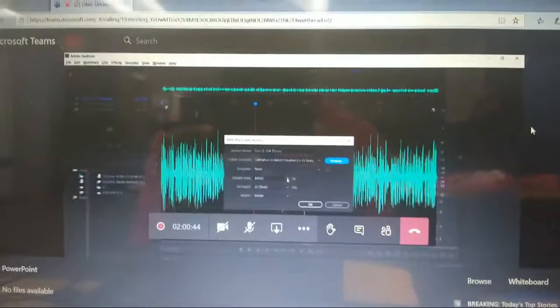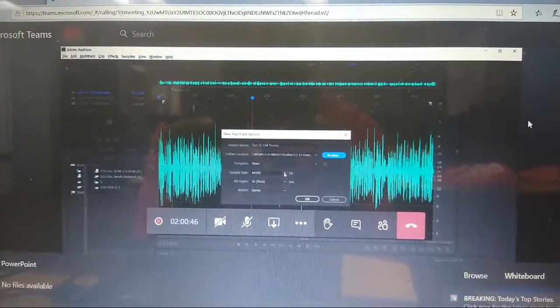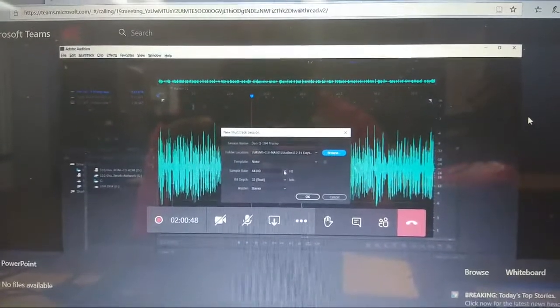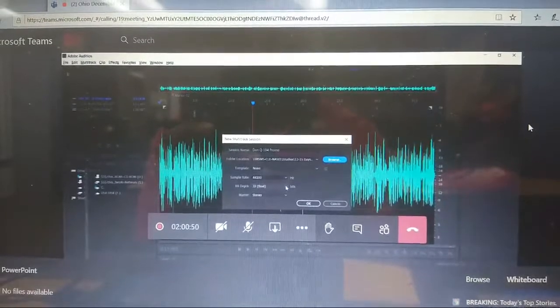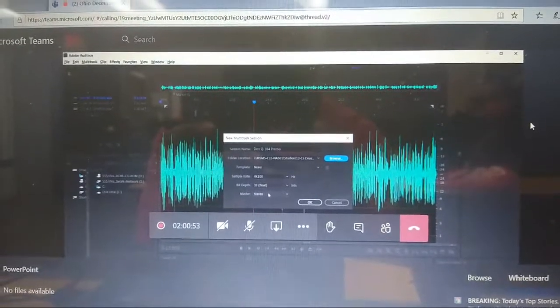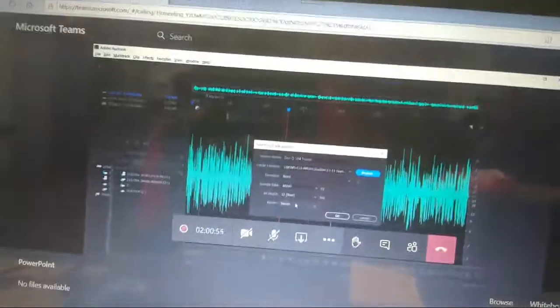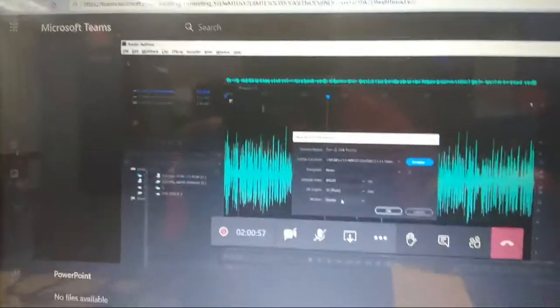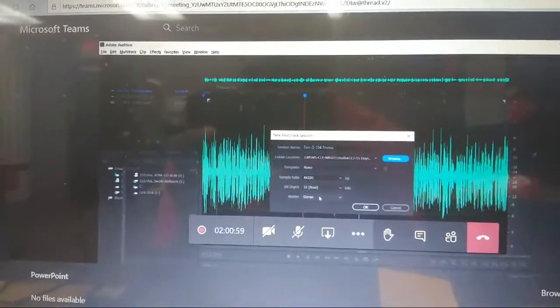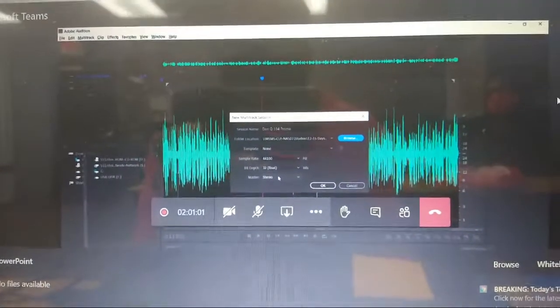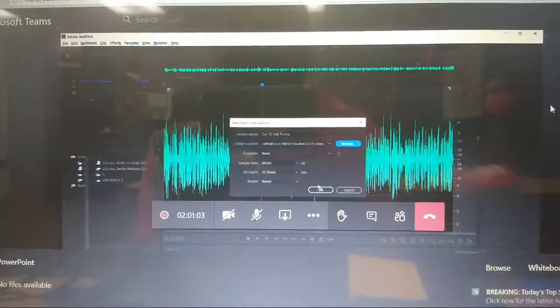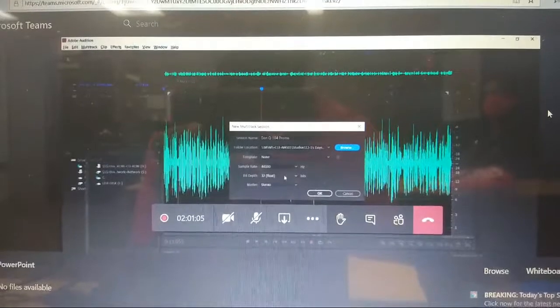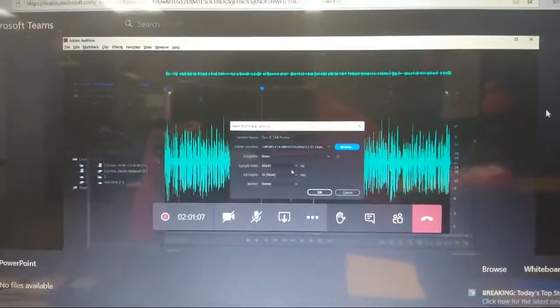44,100 for the sample rate, since we're setting this as an MP3. 32 float for the bit depth. But this time I'm gonna turn it up just a little bit. Stereo, not mono. Kind of drown him out just a little bit. Everything from here on in is stereo. The music is going to be in stereo. All that stuff is going to be in stereo. So I've got these done. I'm making sure that this is all right.